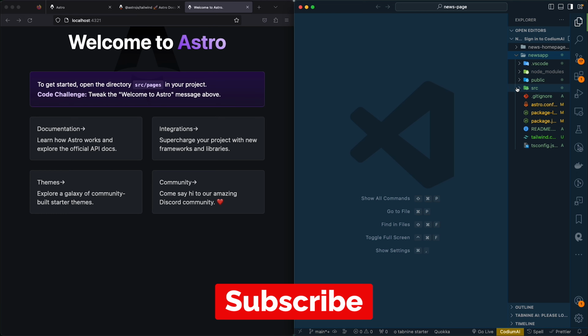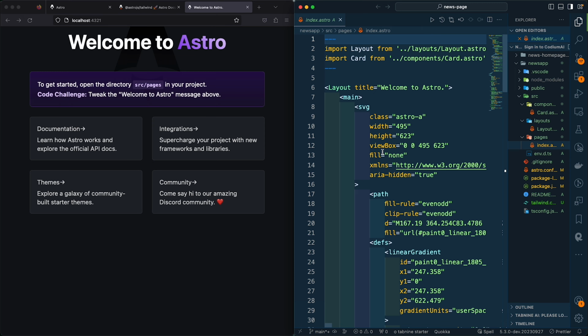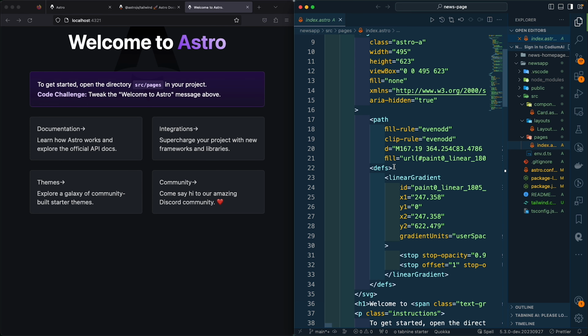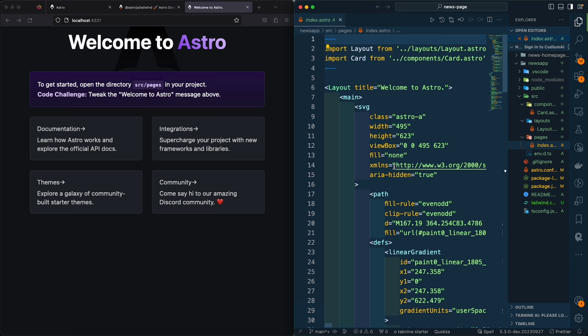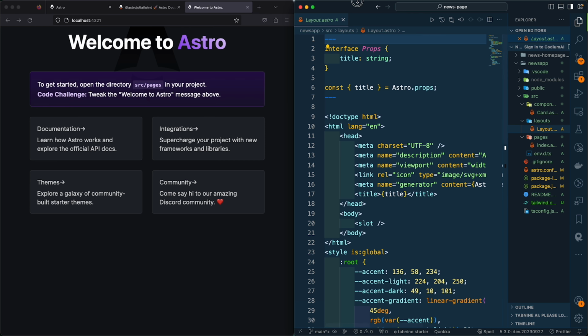Now let's figure out what's going on in here. It created sample pages for us. This is a card, and this is the actual card over here, and then it has a layout, and the home page. One thing you're going to notice in Astro is that if you want to create a new page like about or services, everything should be created in the pages directory. And then in layouts, if we open up layouts over here,